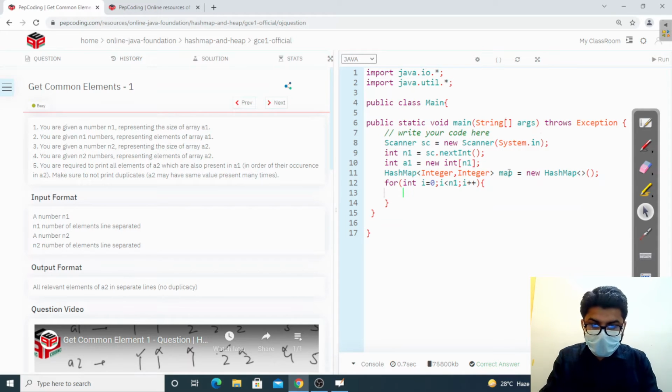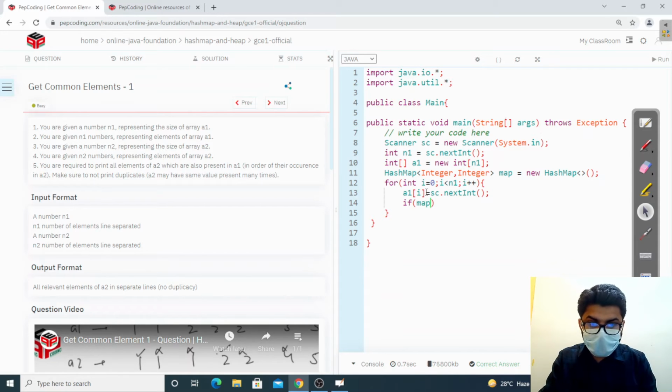Now I'm going to take input. Here I have to write the brackets: a1[i] = sc.nextInt, and I'll check if it is already present in the map or not.